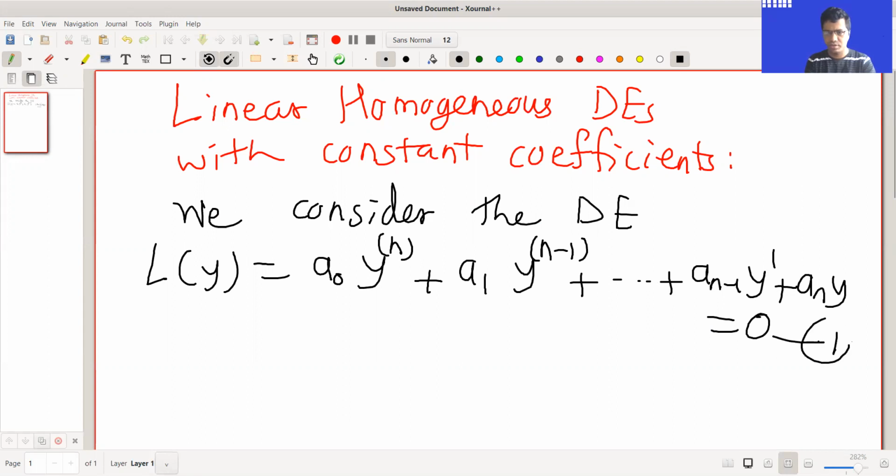This is equation 1. When the right hand side is 0, we call this equation a homogeneous differential equation,